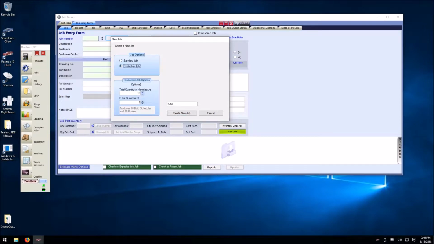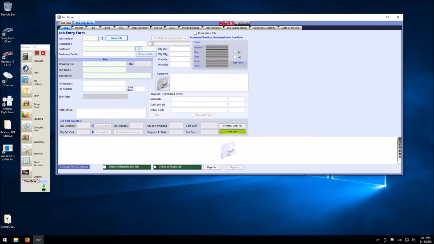Here we'll see a new option. A production job can be selected, which we will do. As soon as I select the production job, I'm able to set some initial parameters for my production job. I can always freely add or remove build schedules in the future, but if I have an initial plan for how many production runs or build schedules I want to build, I can set them up here in our new job wizard. I'm going to plan to have 2 runs making 25 units apiece for a total of 50 pieces